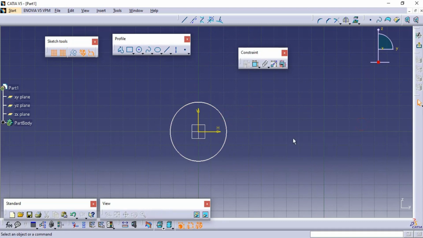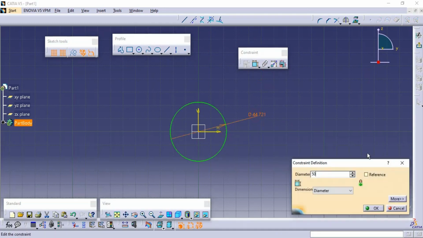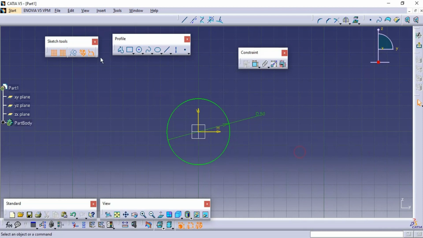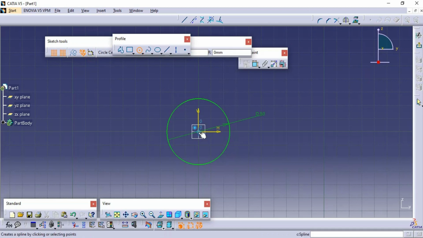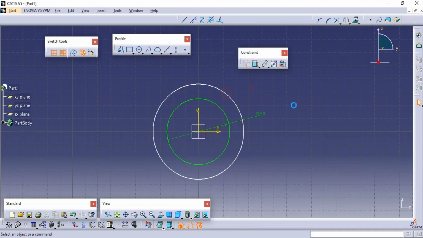Here I have given a dimension of 50 mm, and now I will keep off this dimensional constraint and I will draw the circle of 50 mm. Okay, so here now I have kept off this dimensional constraint.